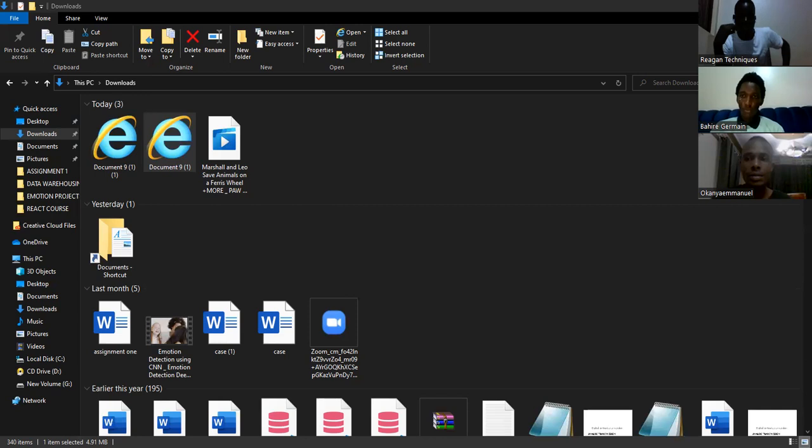So we had to use a public data set, but we had to choose the one which is convenient and accurate enough to give a huge contribution to our project. So we used the CK Plus and the Corn Cafe data set that really helped us and made sure that our application is performing accurately.